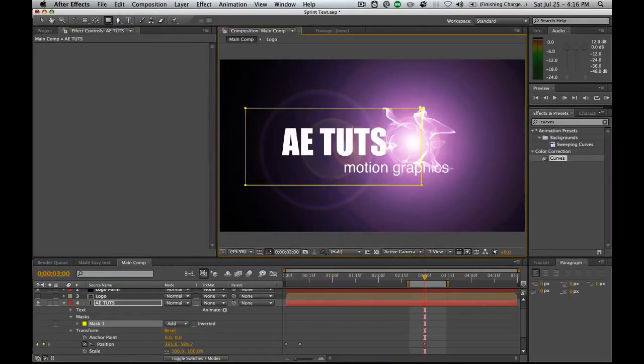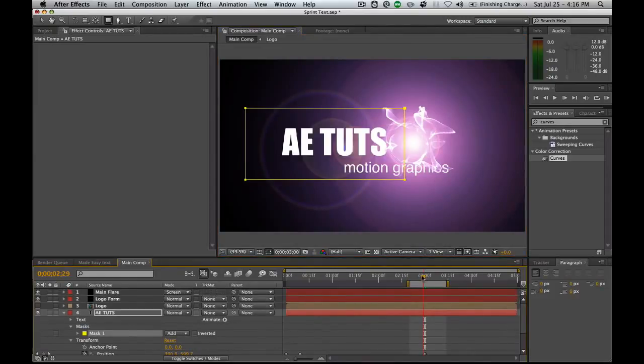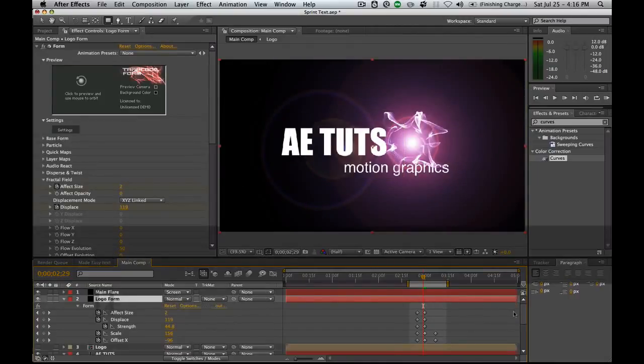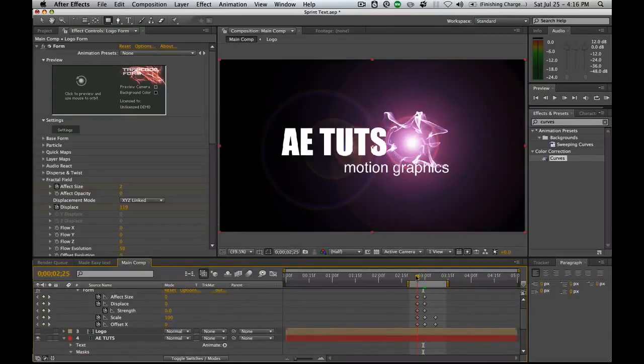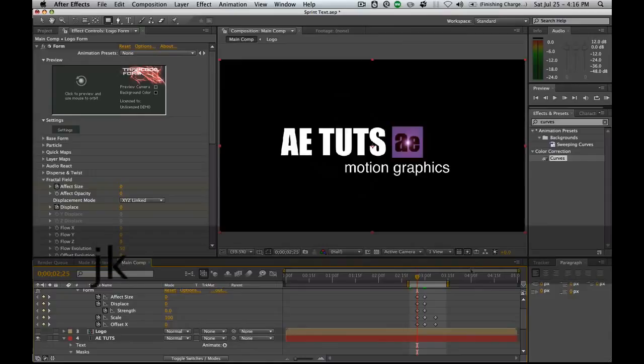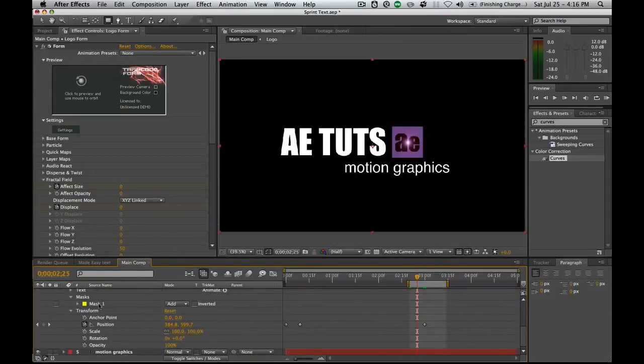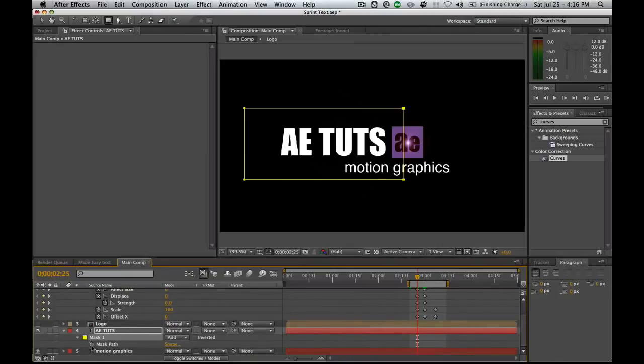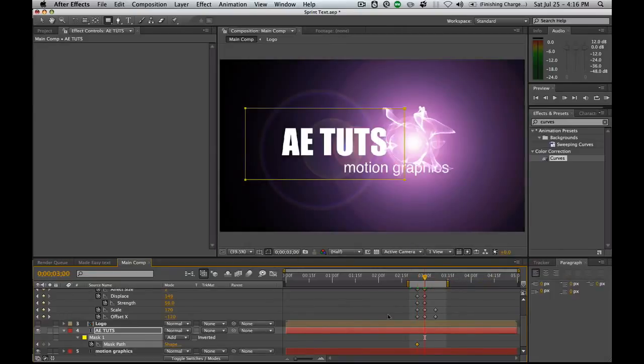and we're going to just draw a mask around the layer. And we want to see the keyframes again for the form, so let's open that up. And we're going to go to the beginning of the animation. And we're going to set a keyframe back down here for our mask. So we'll hit the M key, and it brings up the mask path. And then we'll go into our final state. We're going to hit the V key, get our selection,